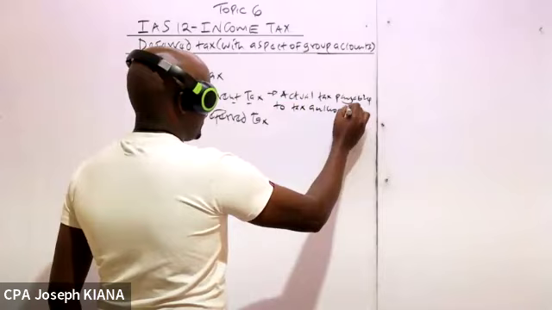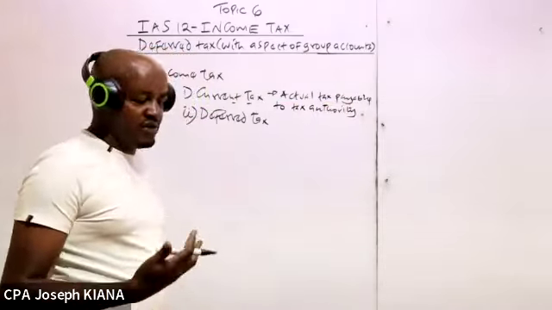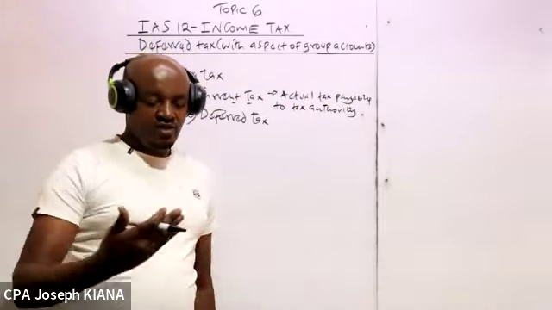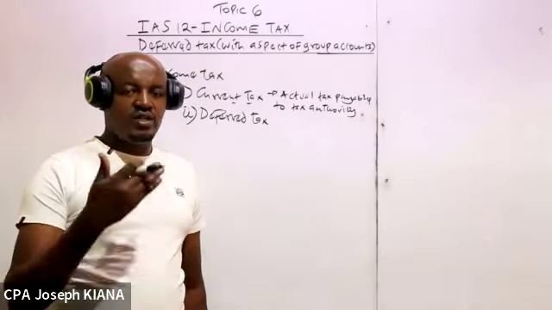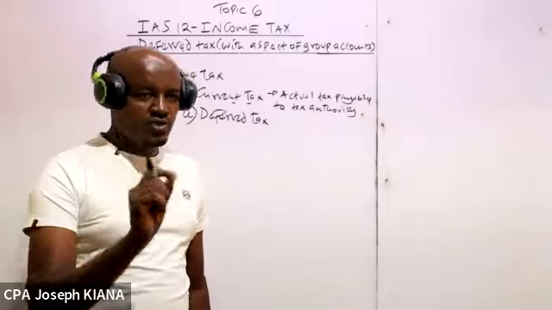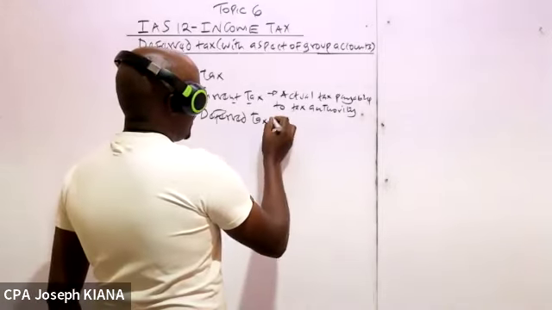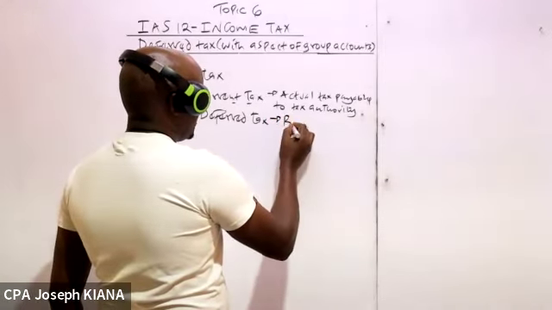For example, in Kenya, when we talk about the tax authority, we are referring to KRA. So companies must pay tax to the tax authority, and this actual tax payable by companies is based on